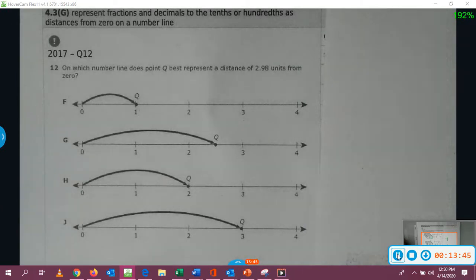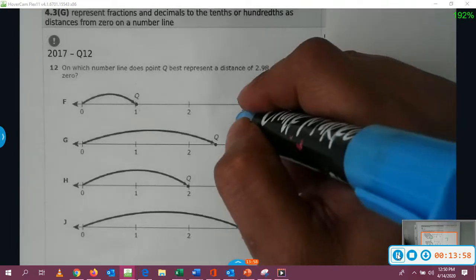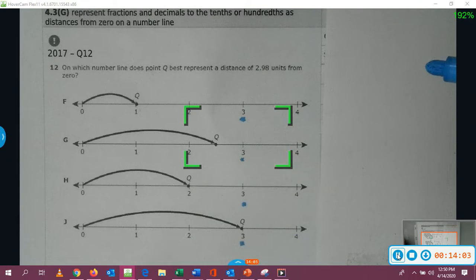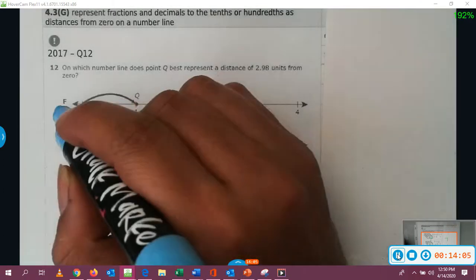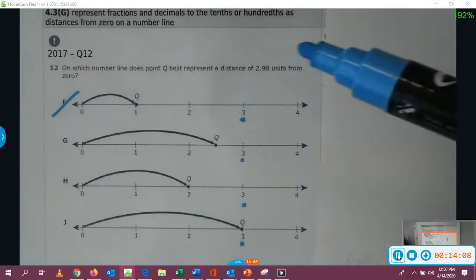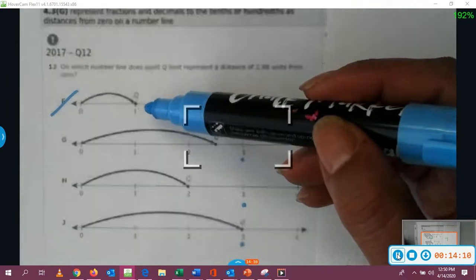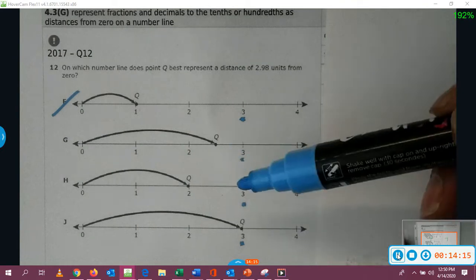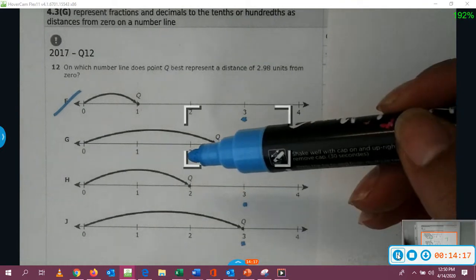Okay, first things first. 2.98 is close to what? It's so close to 3. So we're looking for one that's close to 3, because it's between 2 and 3, right? So we look at, this is 3, so we're looking for the one that's very close. Well, we're going to mark out F because it's at 1, too close to 1. G is right in the middle. So between the middle of 2 and 3,